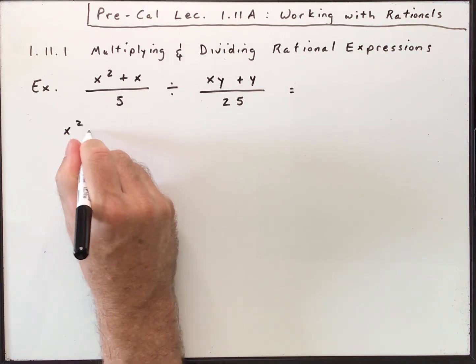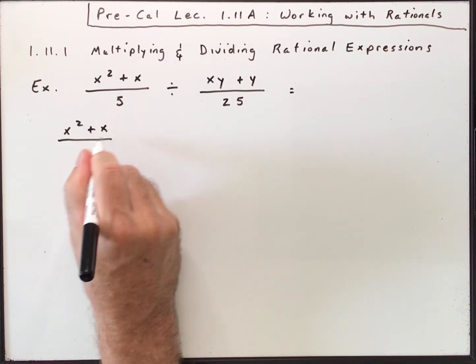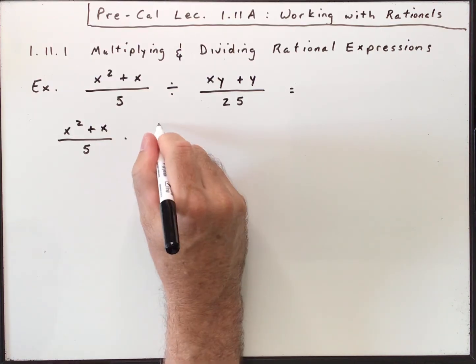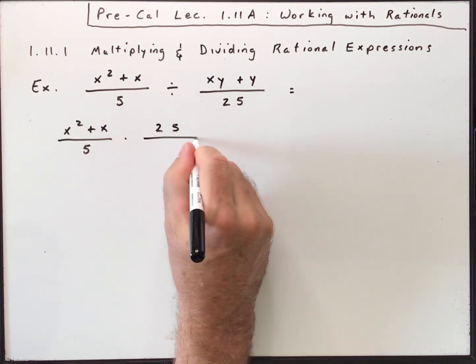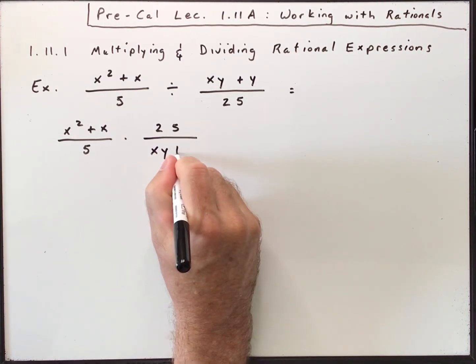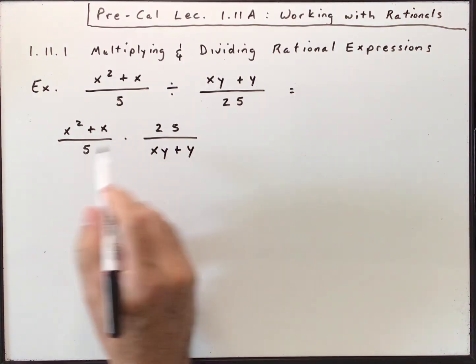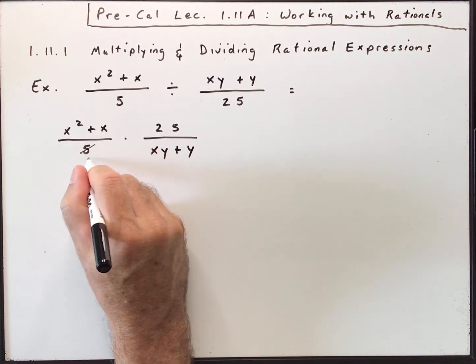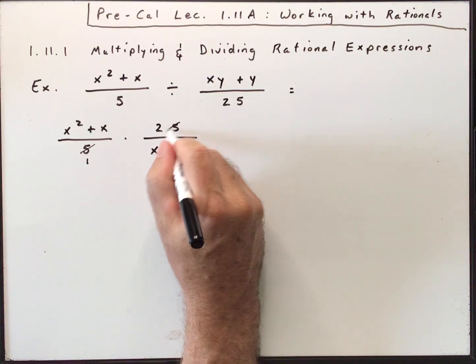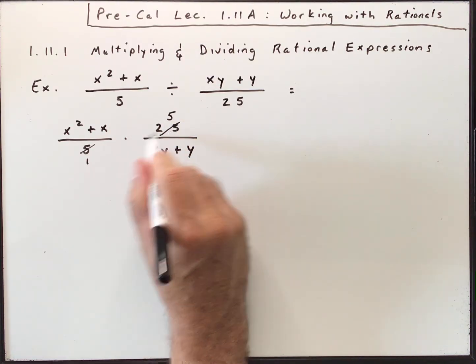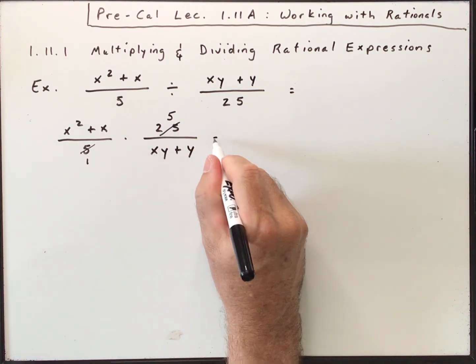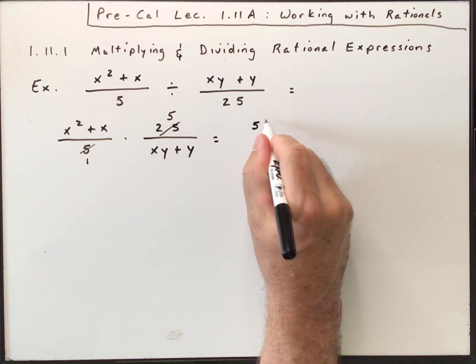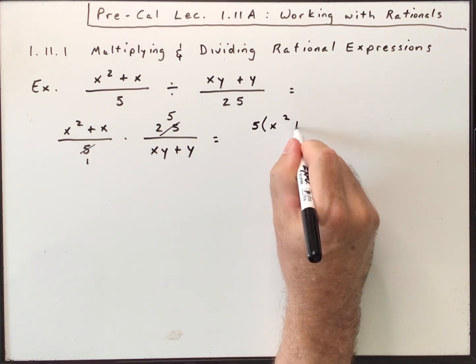So we've got x squared plus x over 5 times 25 over xy plus y. Now I'm going to go ahead and do a little bit of cancellation. So we could change that to a 1 and that to a 5 because 25 over 5 is just 5, right? So we've got 5 times x squared plus x